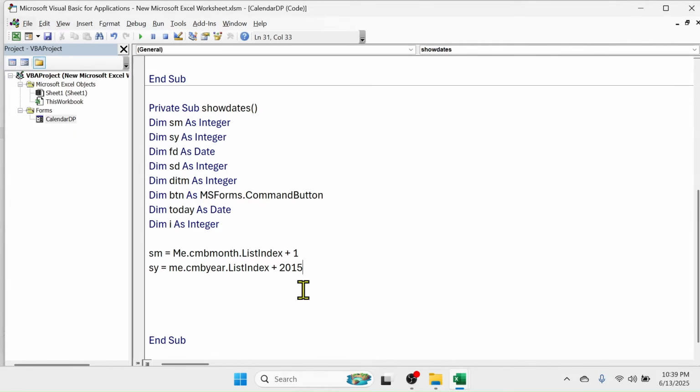Set up the value for the first date variable, that is given by fd = DateSerial( in the year put this sy variable, comma, in the month put the sm variable, and in the day put 1, that is the first date. Close bracket, press enter. Now set up the value for this starting day variable, that is given by sd =